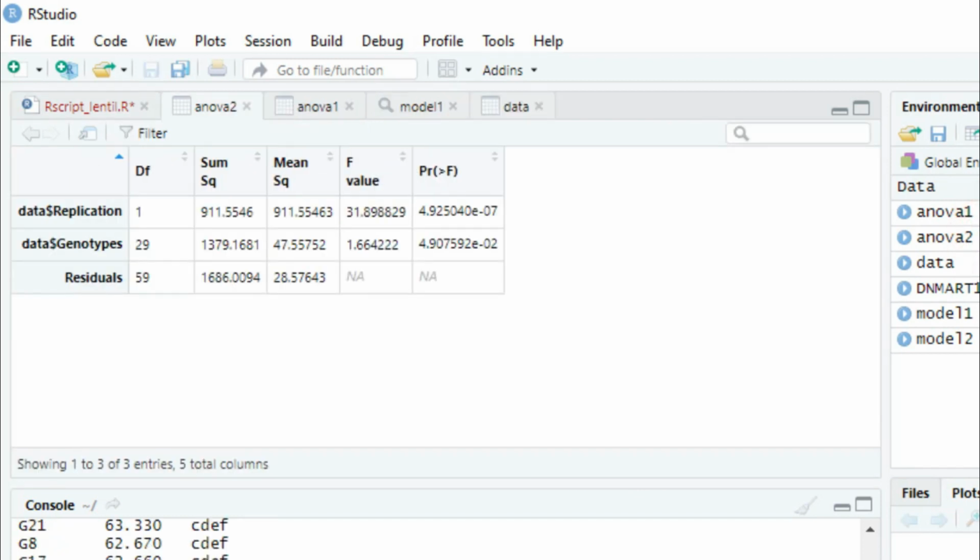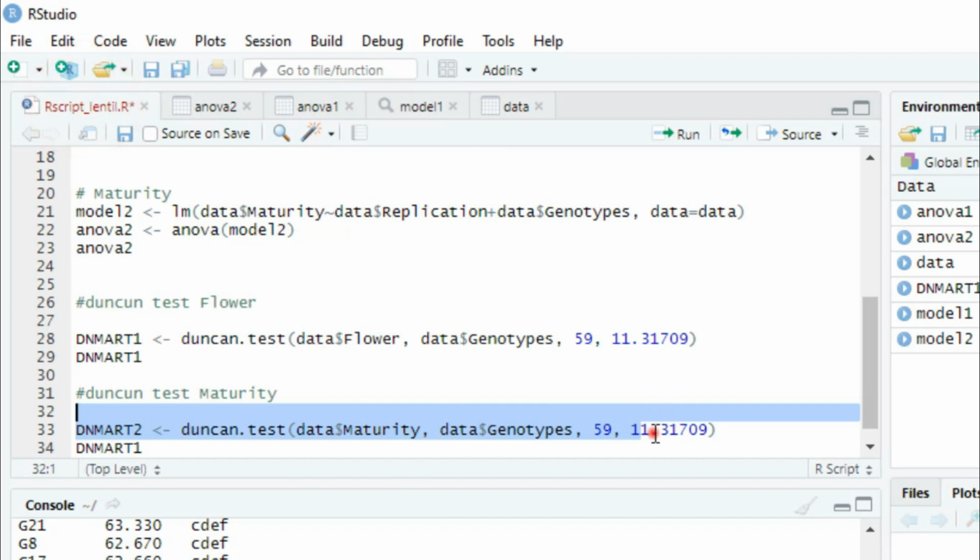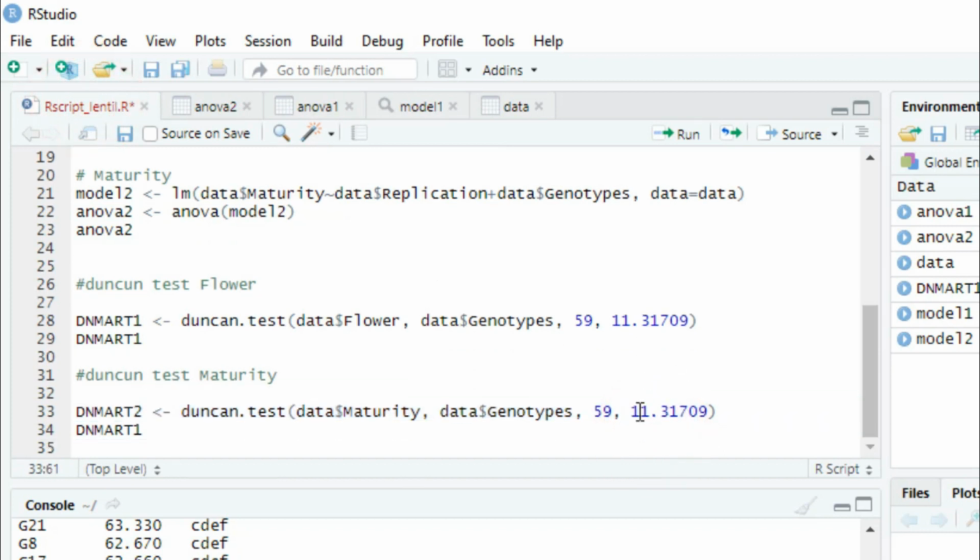We can see it is given the same DF, but the mean square is 28.57643. So copy here and paste here. So we can run there, and it is DMRT 2.